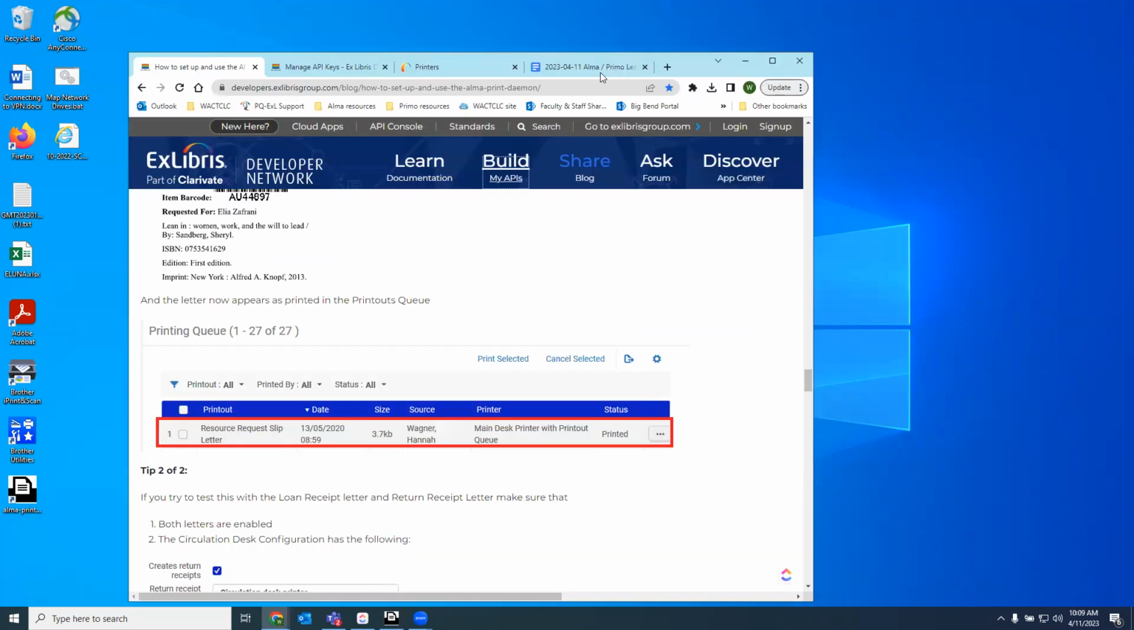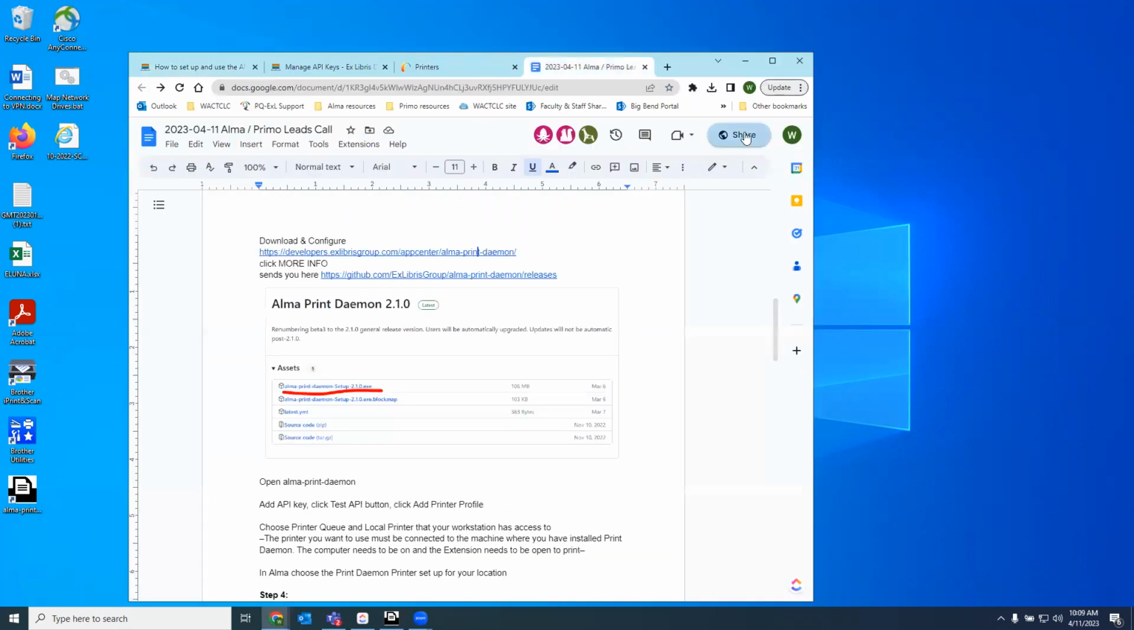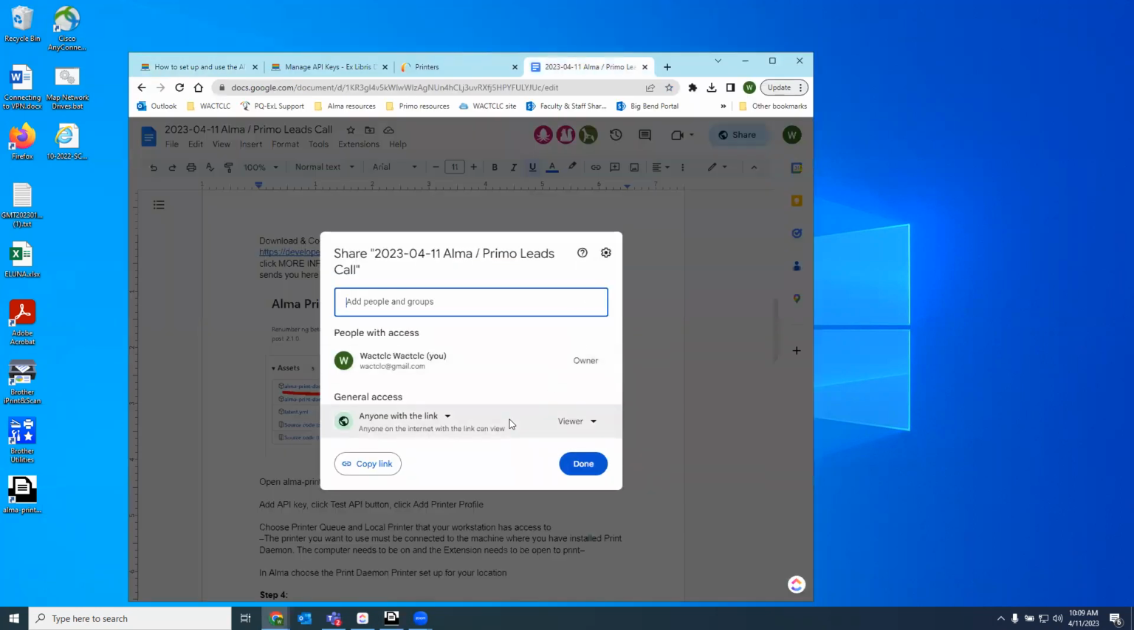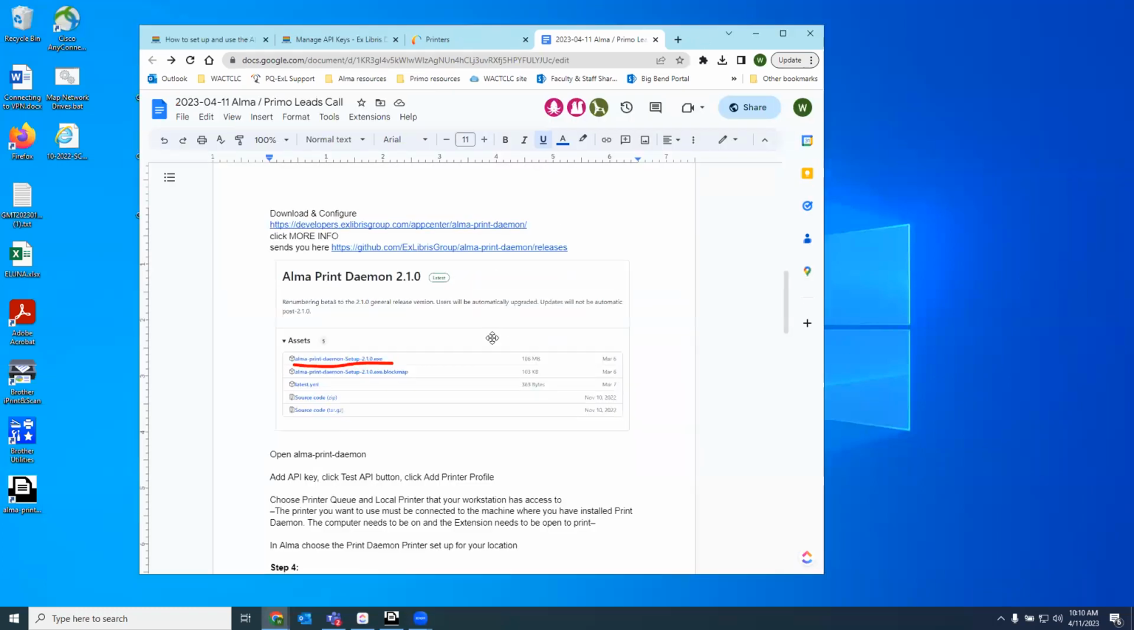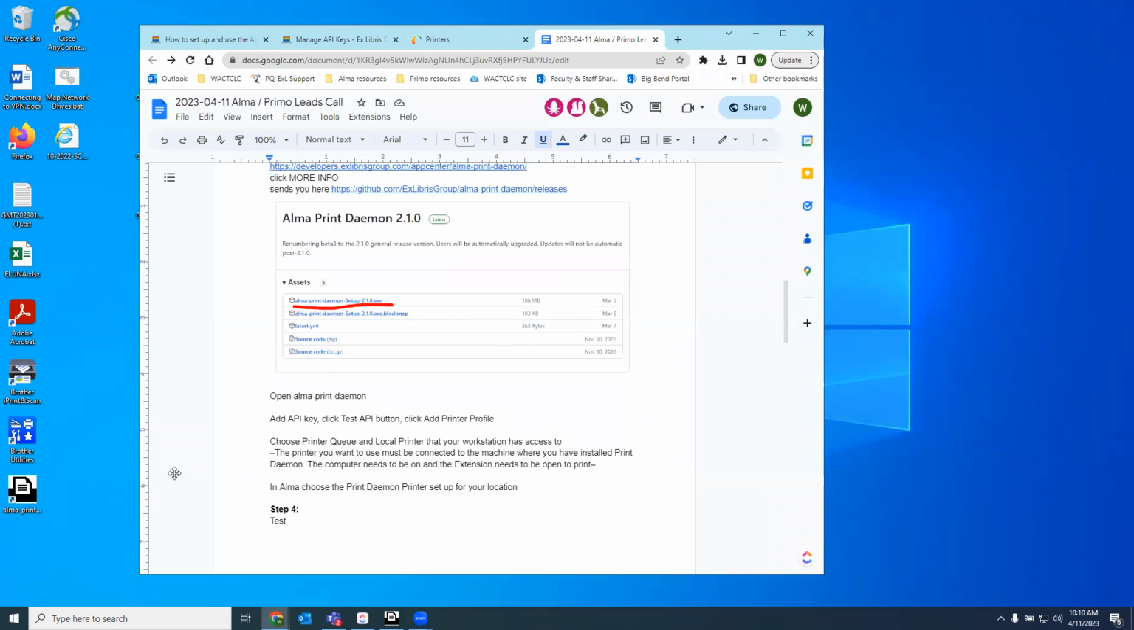Whenever I share screen, the menu thing at the top gets in the way of, there you go. Okay, so anyway, so